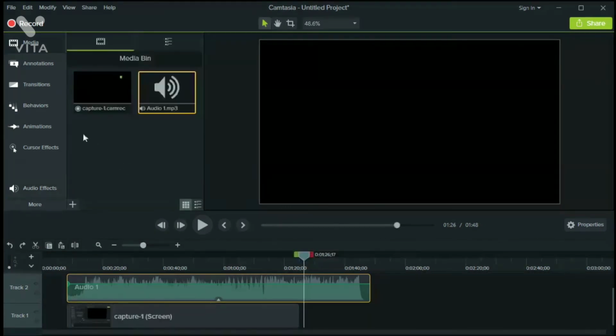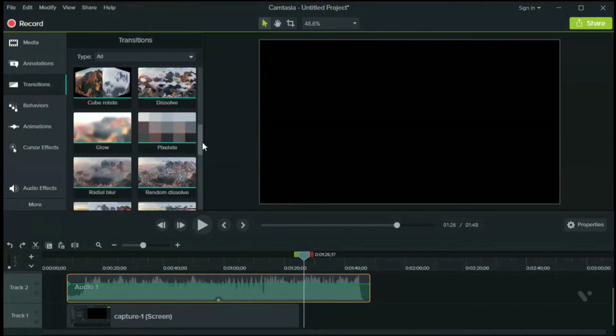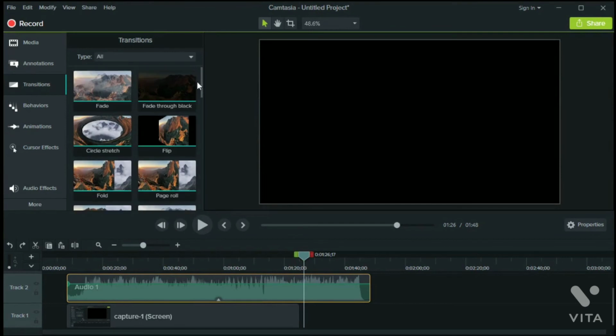To start adding transitions to your video, all you need to do is click the Transitions option. If you scroll down, you can see that Camtasia has a variety of transitions available for you to choose from. You can hover your mouse over it to see a short preview of each transition. Let's go with Fade. Drag the transition, and before you add it to the video, you can see that you